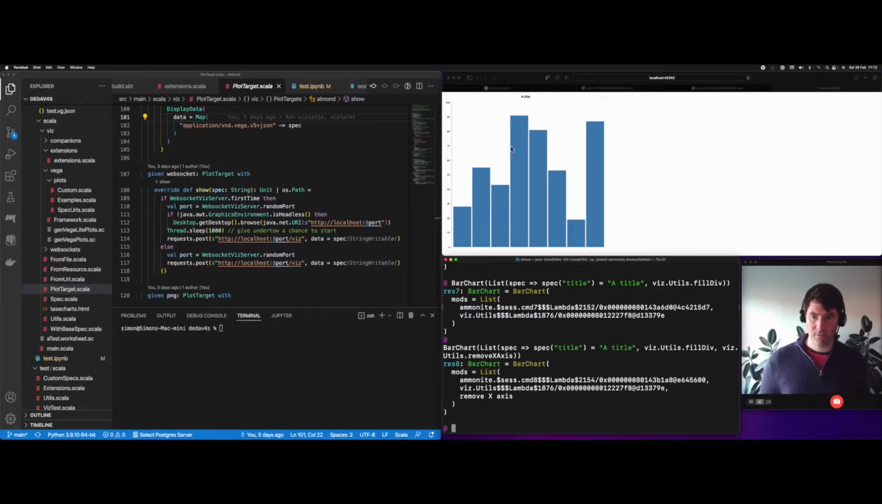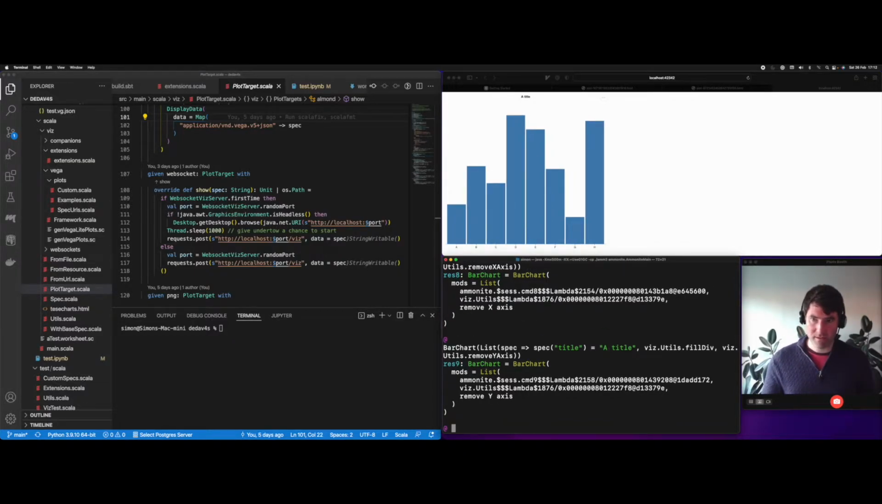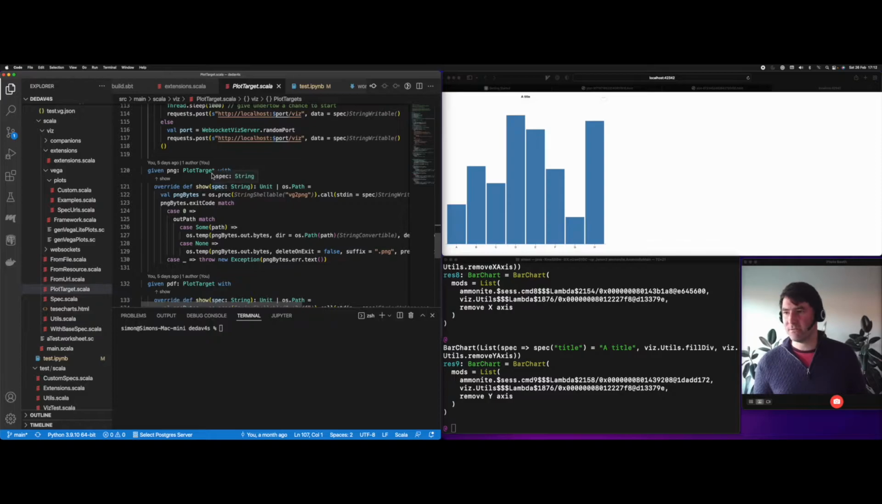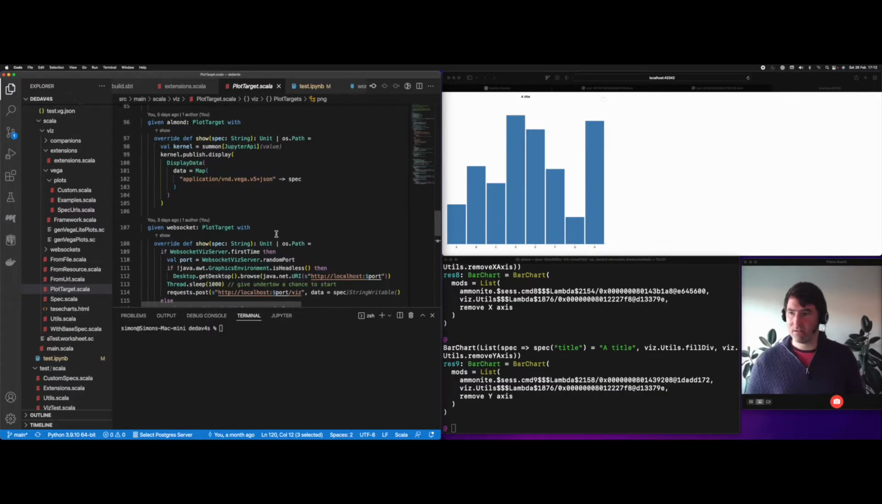There we go, and now our axis down the bottom is gone, just to prove it wasn't a fluke. We could maybe consider removing the y-axis instead. So that's the WebSocket target. The last three will only work if you have the Vega CLI package installed on your computer. But if you do have that, then you can also spit out PNG, PDF, and SVG files in a temporary